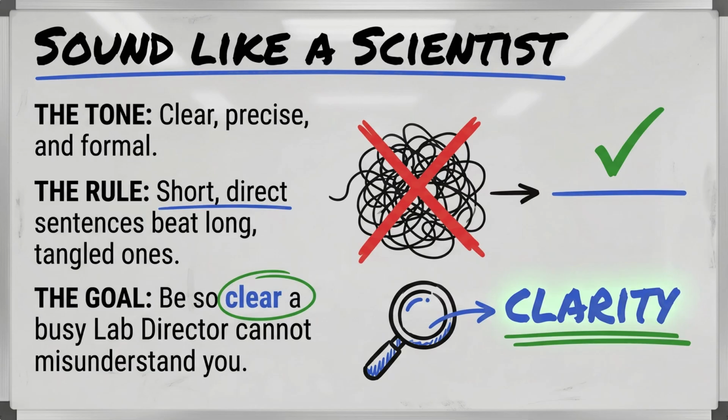Think about cognitive load. Reviewers, whether for a paper or a poster, have limited energy. Don't make them burn it trying to decipher a passive, bloated sentence. Active voice, direct language, and precise terminology reduce that load, allowing them to focus on your science, not your sentence structure. This clarity is a hallmark of scientific communication. Now, let's ensure that scientific voice is also a clear one by tackling those terrible sentences.